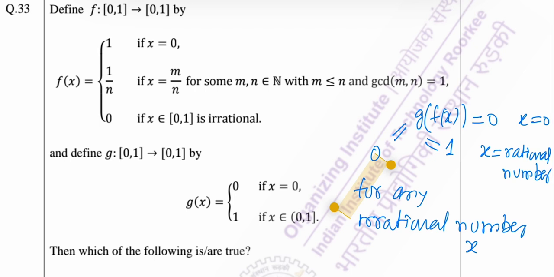So it is very easy to check this function gof(x) is not a Riemann integrable function,